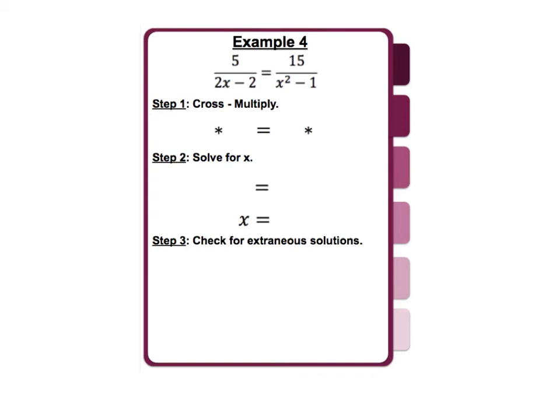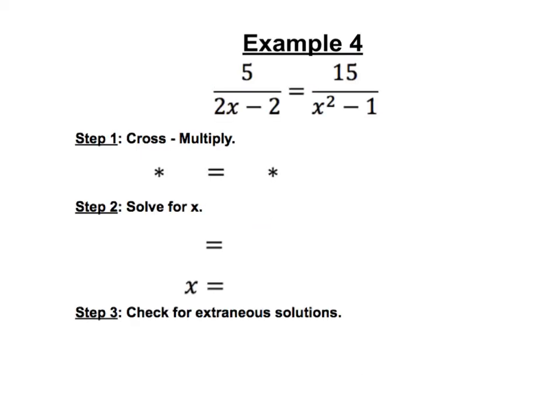Hello, in this video we are doing 4-5 example 4. We are solving for x. We have to find our solution. We have 5 divided by 2x minus 2 equals 15 divided by x squared minus 1. Alright, for example 4 we have 5 divided by 2x minus 2 equals 15 over x squared minus 1,